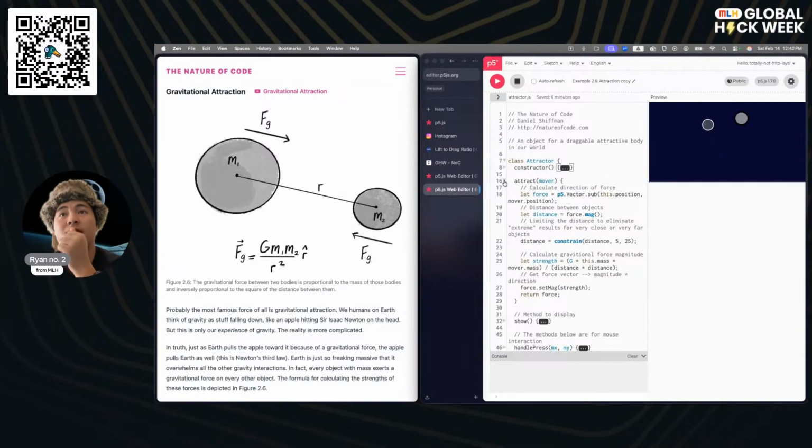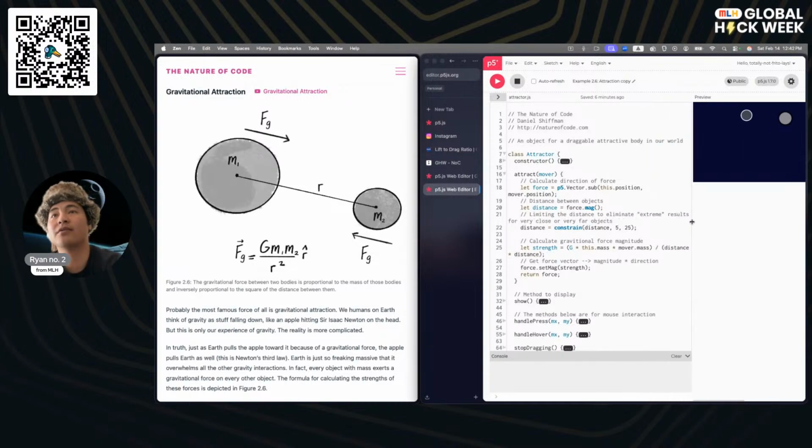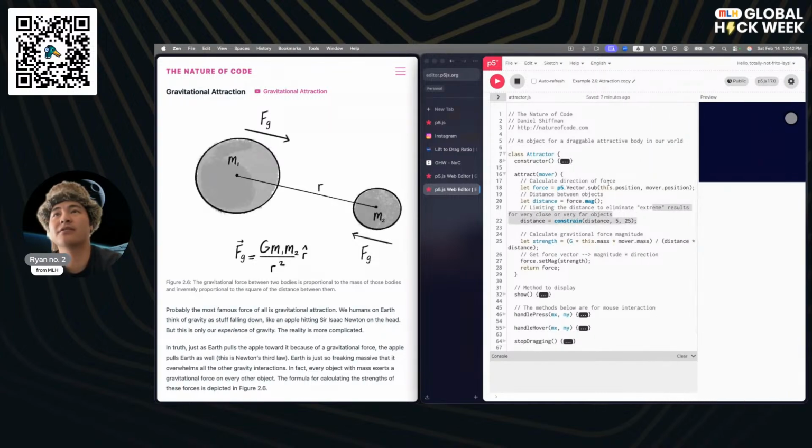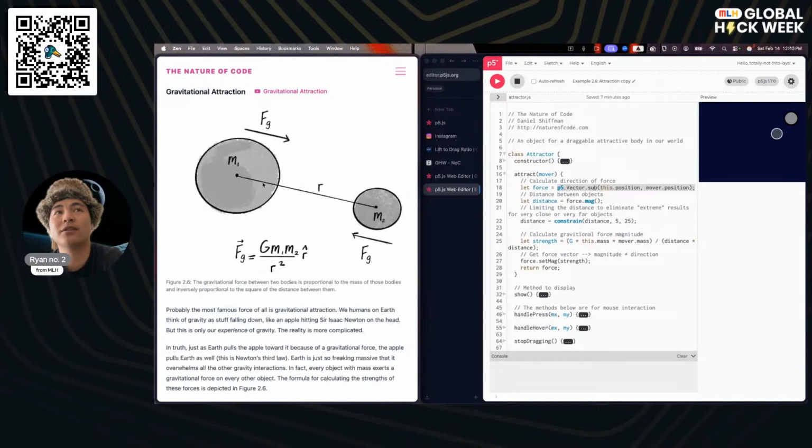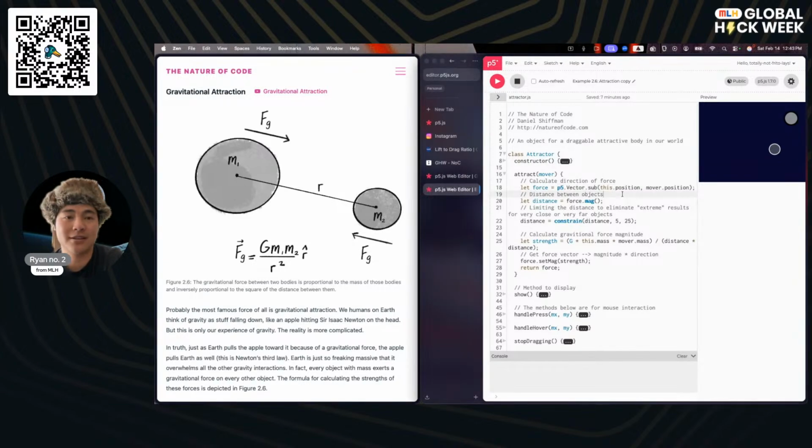All right, so nothing too crazy over there. Then we've got the attraction method. This is where the heavier stuff is. So let's actually expand this out so we can see this better. Very similar to the mover class, we have a force that's being defined over here, but we actually do a subtraction method. The reason we're doing a subtraction, I'm guessing, is because given the distance between two objects, we want to point in the direction that the other object is.